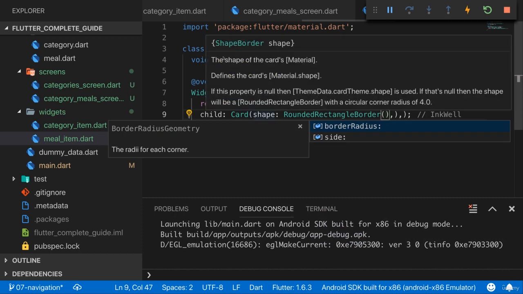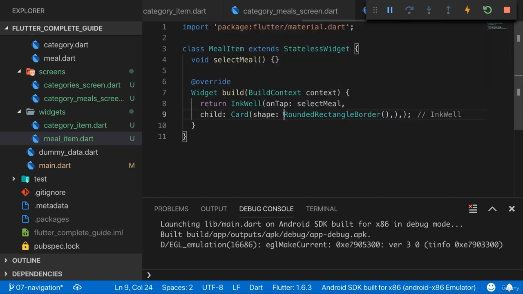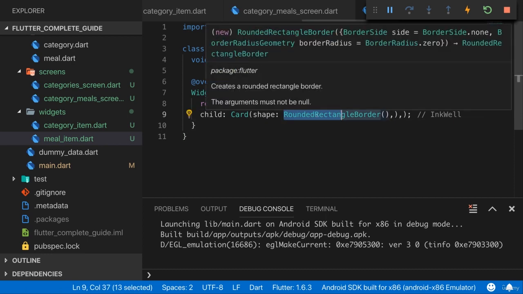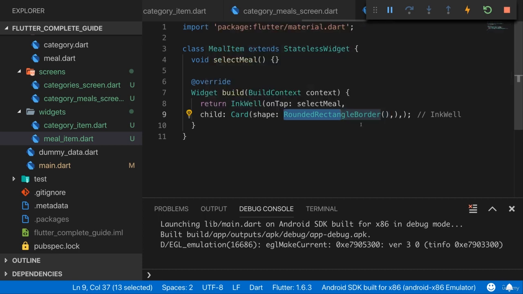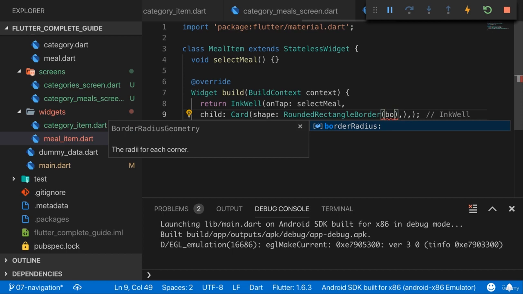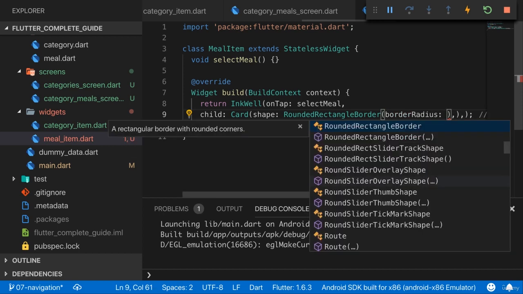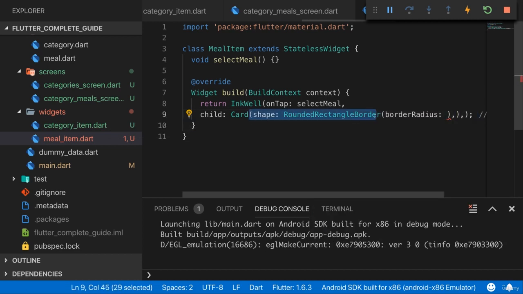Because shape, if you check it, needs a shape border type, and shape border actually is created by rounded rectangle border. This gives you a shape border type as well. And rounded rectangle border takes one important argument, the border radius you want to have for your corners. So this is a typical pattern of how you can assign rounded corners to certain widgets, like the card widget